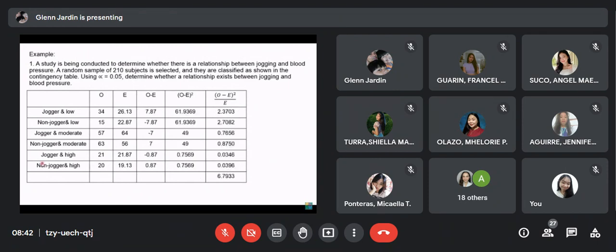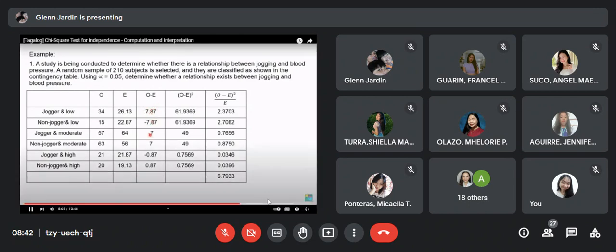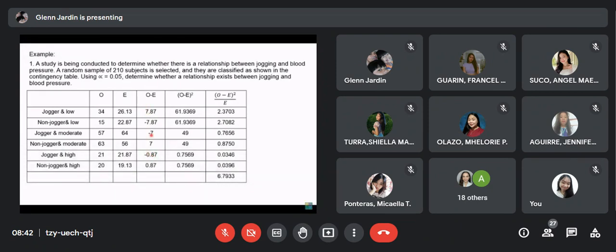You should arrive with these values. Kung mapapansin nyo, magkapareho ito. I mean, in terms of numbers, of course, ito din, magkaparehong 7, magkaparehong 0.87, nagkakatalo lang sila sa sign. Isa positive, isa negative. So, nagkataon lang. Tapos, afterwards, after getting all the entries here, we have to take the sum of this